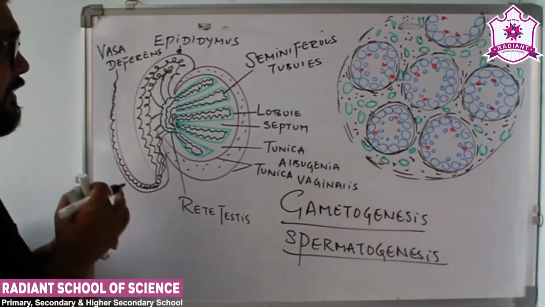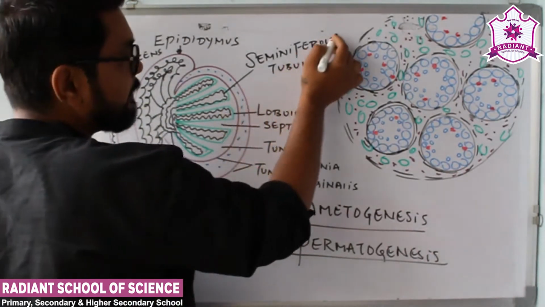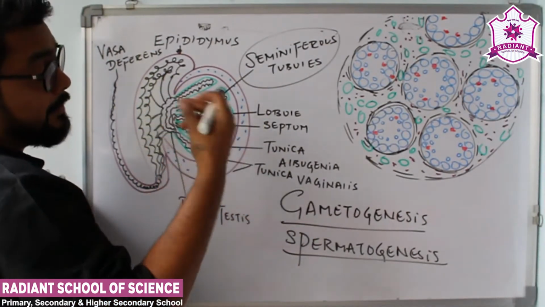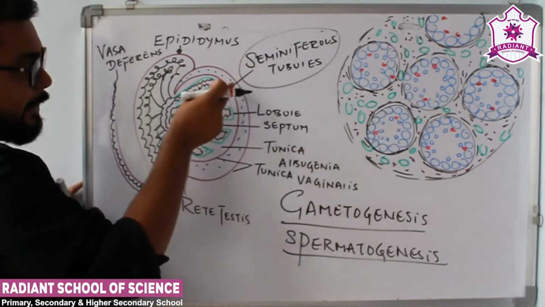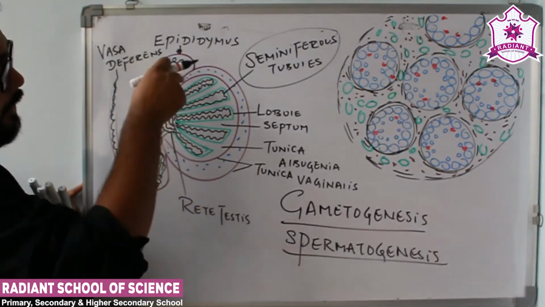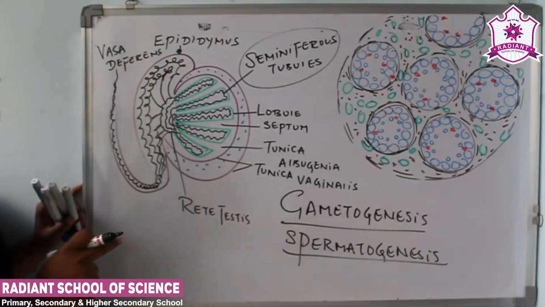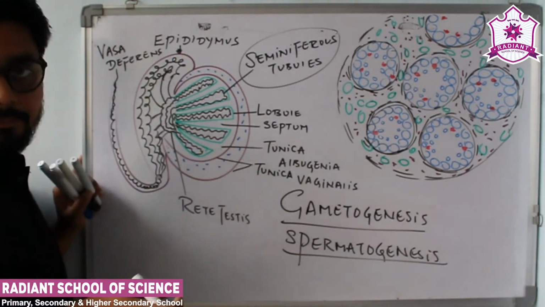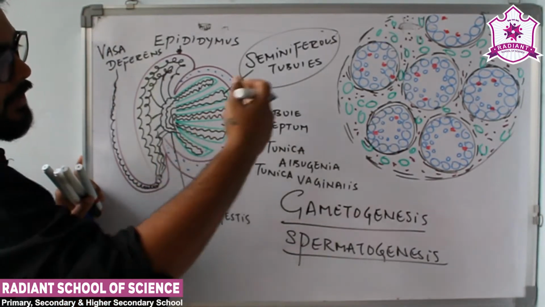This structure is very important because यहाँ पे actual में sperm का formation हो रहा है. And to be more specific, अगर पूछा जा रहा है sperm का formation कहाँ पे हो रहा है, तो that is the seminiferous tubules. In general आप testes बोलोगे, और अगर specifically पूछा जा रहा है, so it should be the seminiferous tubules. So seminiferous tubules coil up and form rete testes. Rete testes coil up and form the epididymis, and the epididymis coils up and forms the vasa deferens. This vasa deferens opens into the urethra, through which the male gametes pass. Is this clear?